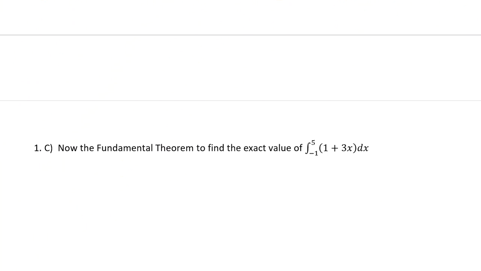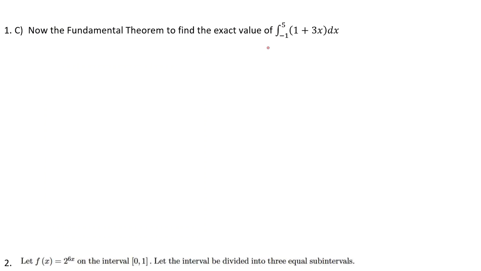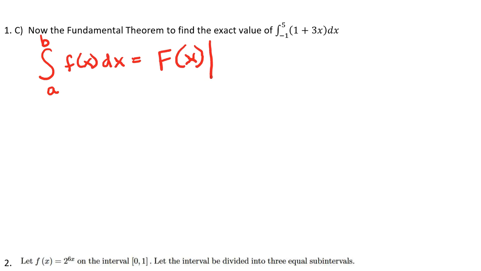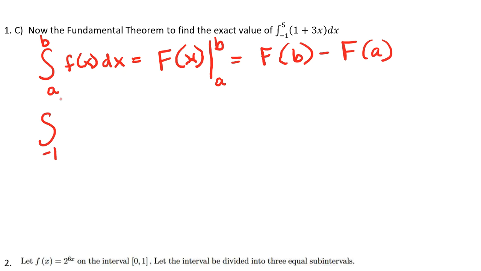All right, now let's find the exact area using the fundamental theorem of calculus. So remember the fundamental theorem, we're just learning this. The fundamental theorem says that we take the antiderivative evaluated from a to b. So we take capital F of b minus capital F of a. So a significant shortcut here. So -1 to 5 of 1 plus 3x dx, an antiderivative of the first term is x, and an antiderivative